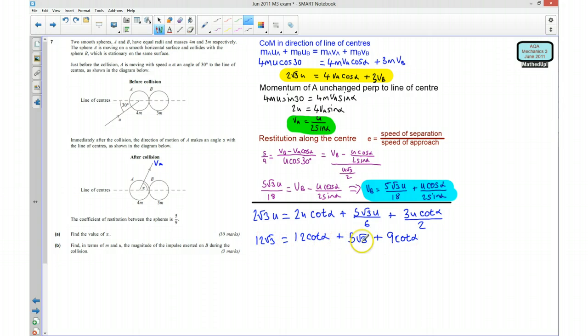Okay, so simplifying this, that's going to give me 7 root 3, or take away 5 root 3 from both sides, and I'm going to do 12 cot alpha plus 9 cot alpha, which gives me 21 cot alpha. Okay, so that means cot alpha is going to be 7 root 3 over 21, which means I will write that down. So cot alpha